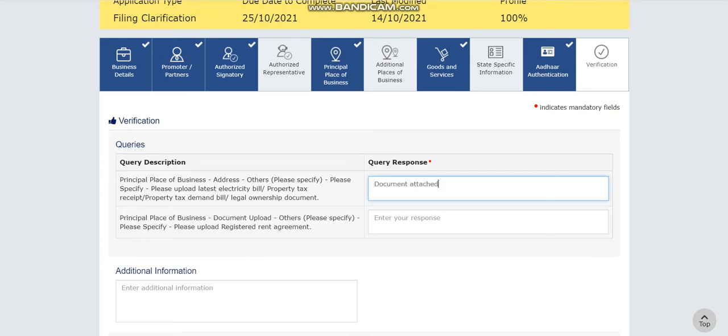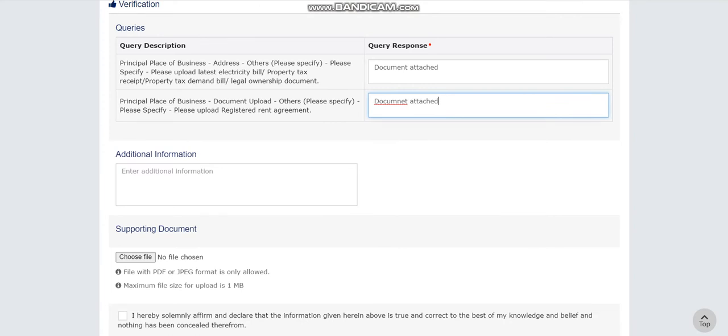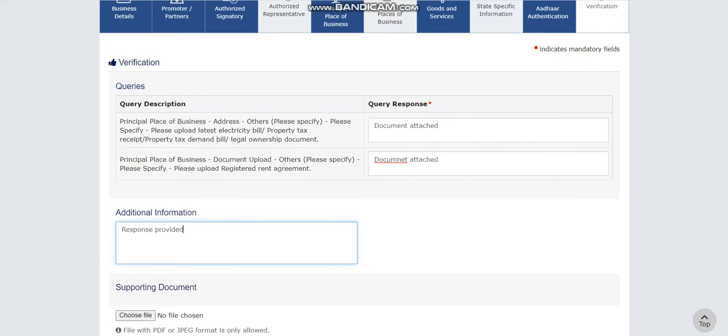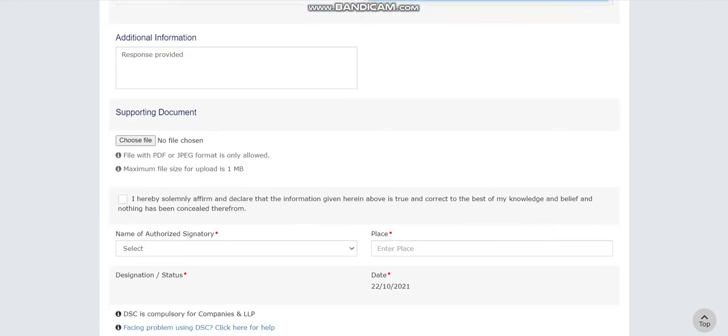And as we have attached both the documents by merging them in one document, you can just type the same message here. And then if you have any additional information, you can add it. Response provided, and supporting document is not required as we have clearly attached the proper document whatever was asked by the tax officer.